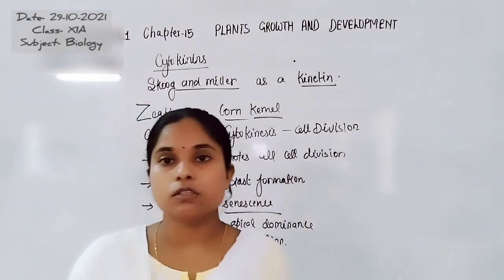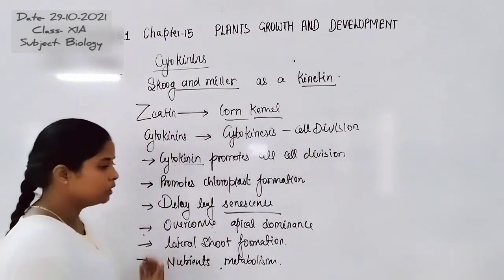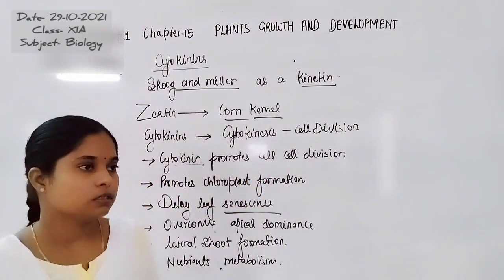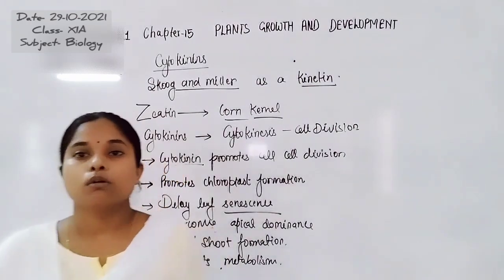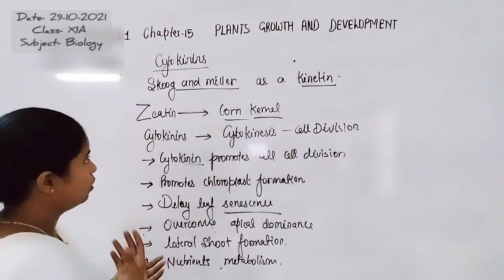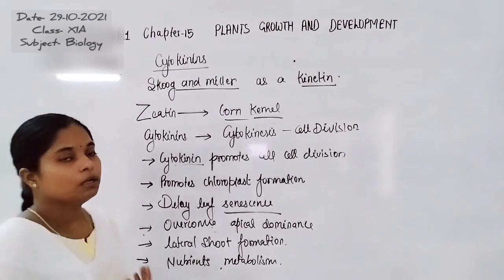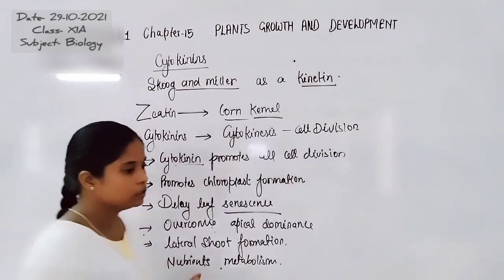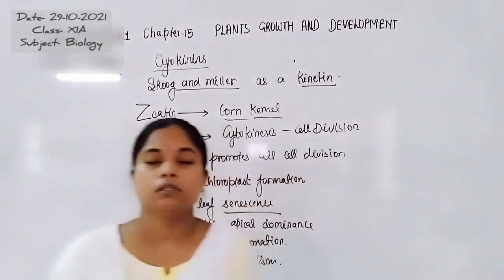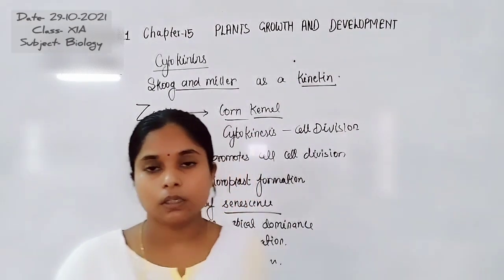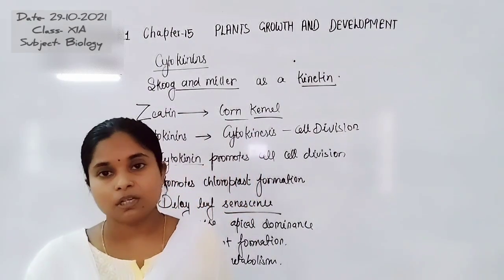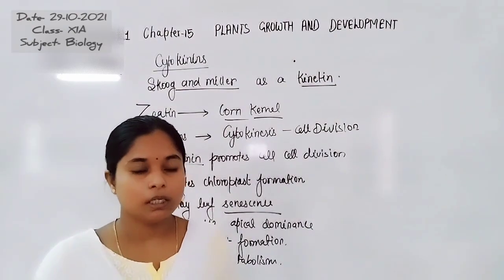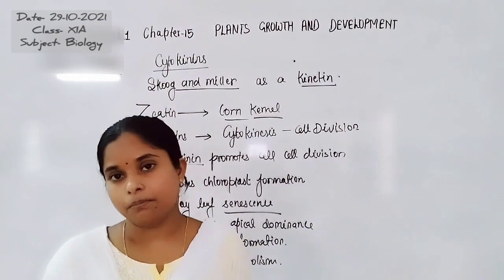So students, here is the overall summary of gibberellic acid, cytokinin and auxin. We completed all three topics, hormones which promote plant growth and development, where gibberellic acid promotes elongation of the internodes between the nodes, and due to this elongation the farmers can increase their productivity, for example in sugarcane, grapes and apples.